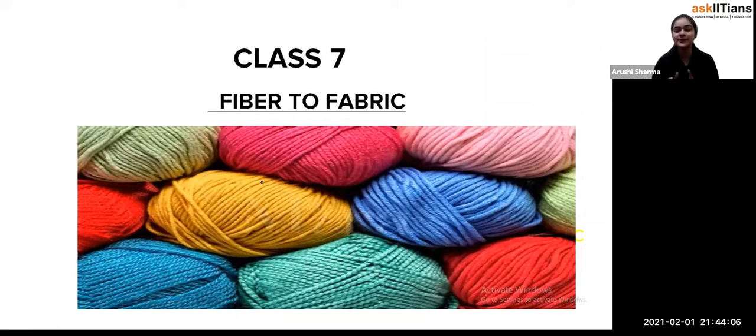As I have told you already, we have completed some part of this chapter and now we are going to start another part of this chapter. That is, we can see how we are producing silk from silkworm and how we are producing wool from sheep. So, students, that's what we are going to look at in this part of the chapter.